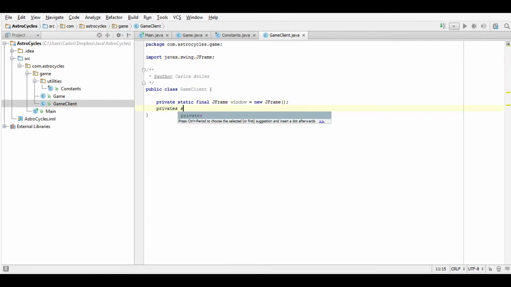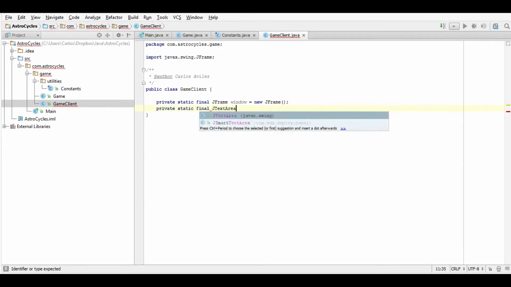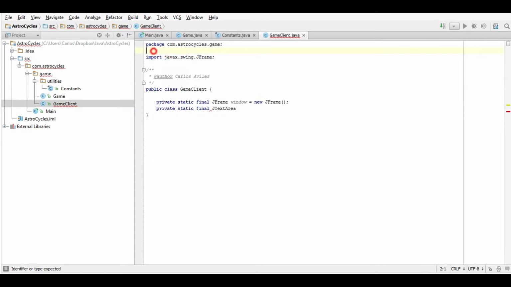Let's do a couple more constants, like for the Java text-based game. Alright, JTextArea, which is basically this, like adding text. I really don't know how to explain this, but let's call this chat area equals new JTextArea.